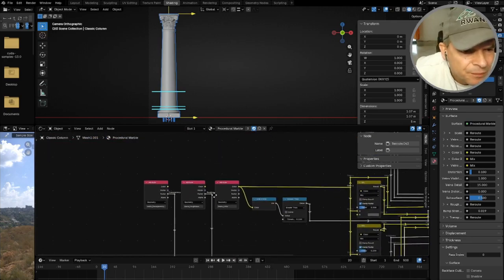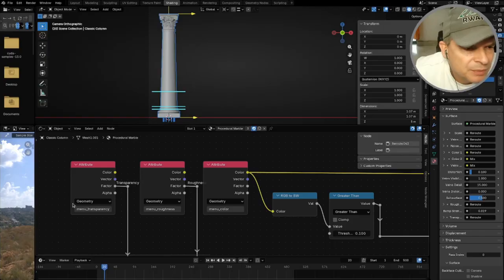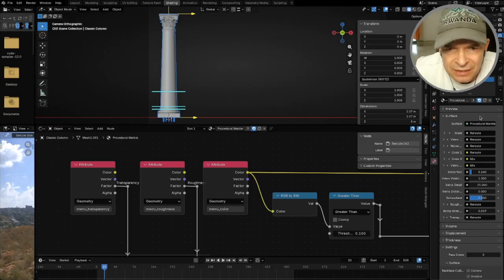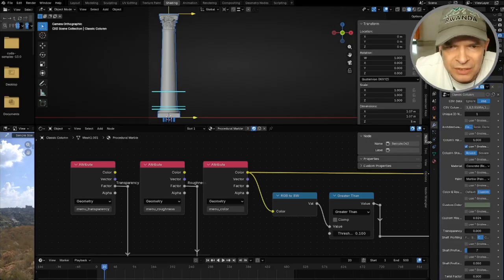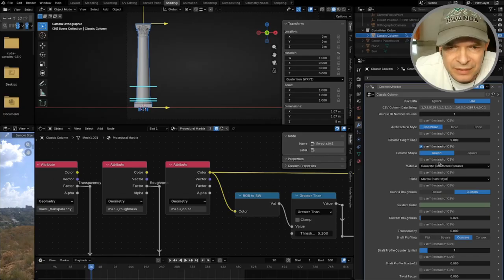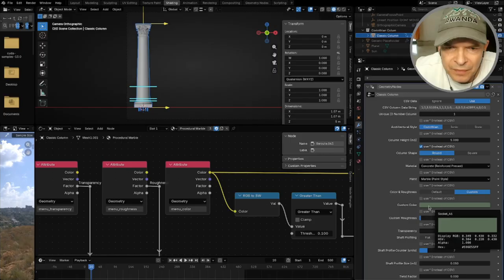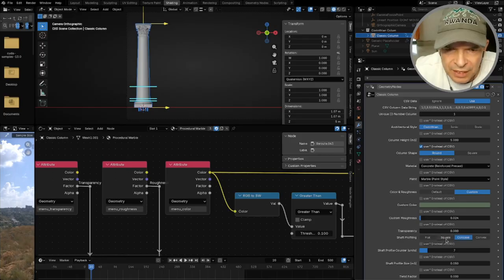Yeah, then you can see these 3 attributes being selected here. So you see menu transparency, menu roughness, and menu color. It says menu because these are the values that are set in the geometry node. So not in this menu, but if I go to my geometry nodes, you can see here you have your material, you have your roughness, you have your color. Oh, this is your color. Sorry, this is your roughness, and your transparency. So these 3 items are set here in geometry nodes, and then